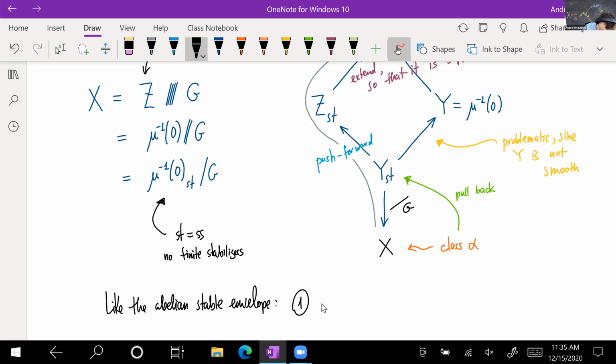This kind of non-abelian stable envelope solves an interpolation problem. Why is this an interpolation problem? It's because if I consider the inclusion of an open stable locus,